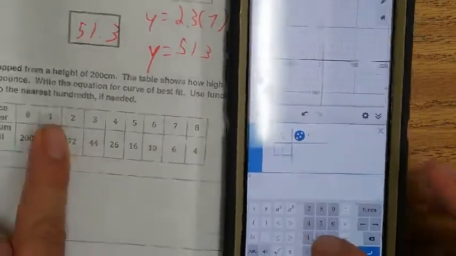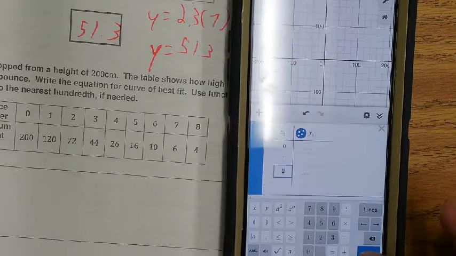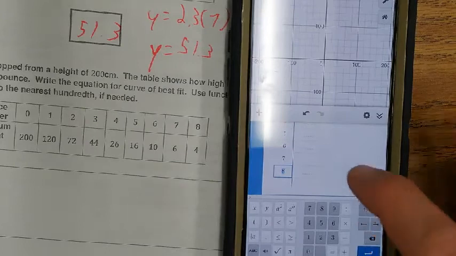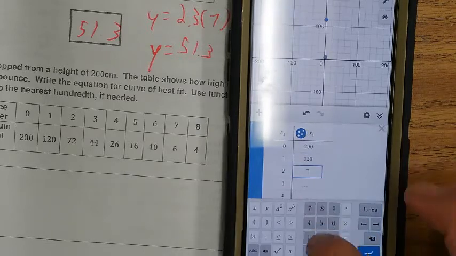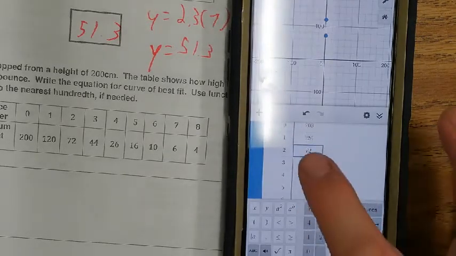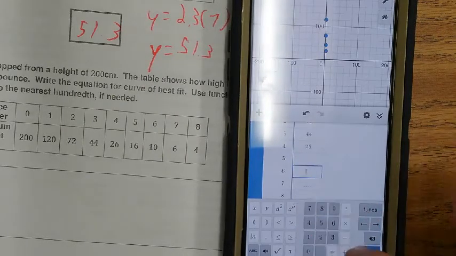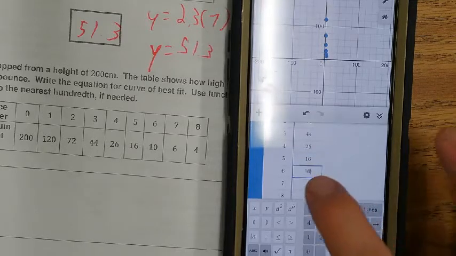The x values are 0, 1, 2, 3, 4, 5, 6, 7, 8, and then type in the y's. 200, 120, 72, 44, 26, 16, 10, 6,